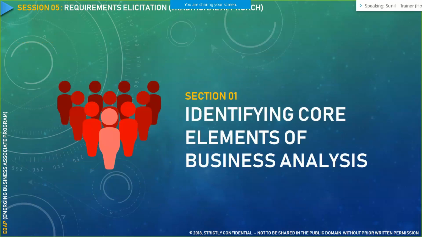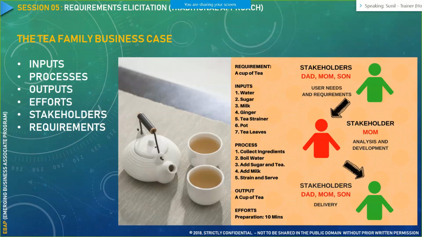essentially, with the requirement elicitation process, we would first understand the core elements of business analysis. So we would go with a simple example. Whenever you start your day, you start with a cup of tea. So your cup of tea is essentially a requirement. Then you have certain inputs, like in the process of making tea, you need certain ingredients. So those are nothing but your inputs for that particular requirement. And then there are certain processes, like how you should go about making that particular tea, and eventually you get an output towards the end.